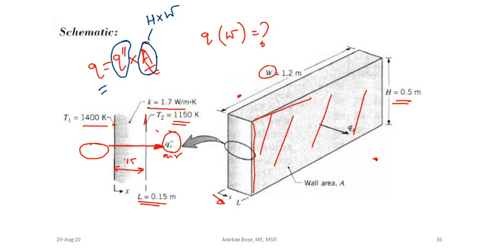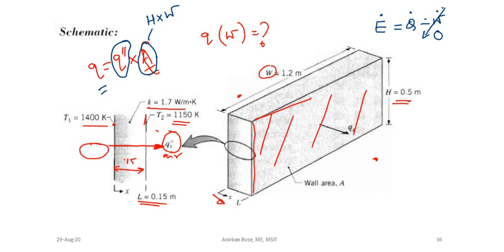So if you want to solve this problem, what is the equation that we are going to apply? Since it is a solid substance, you can apply the first law of thermodynamics for the system. So you know that E dot is equal to Q dot plus W dot, or rather Q dot minus W dot. Okay, no problem. But here, what is W dot? There is no W dot present.